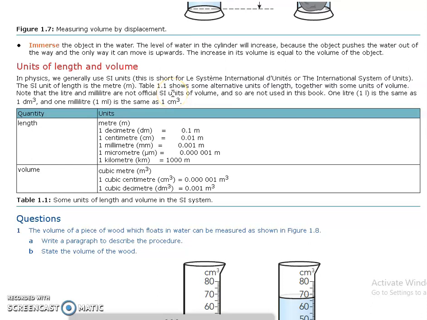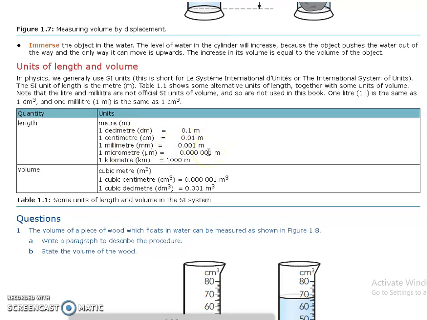So table 1.1 shows some alternative units of length together with some units of volume also. So here this conversion you have to study. Okay, so that is 1 decimeter is equal to 0.1 meter. 1 decimeter is equal to how much? 0.1 meter, and 1 centimeter is equal to 0.01 meter. 1 millimeter is equal to